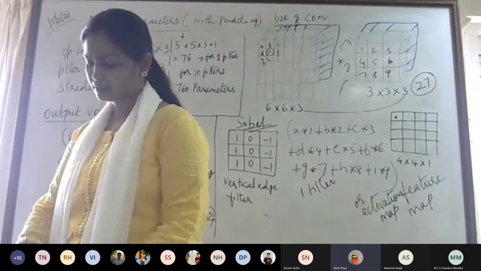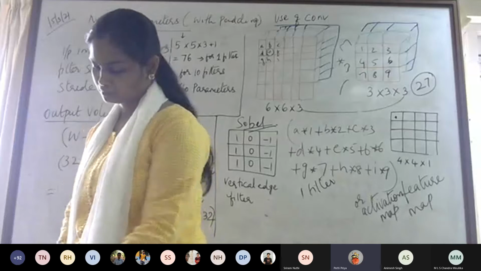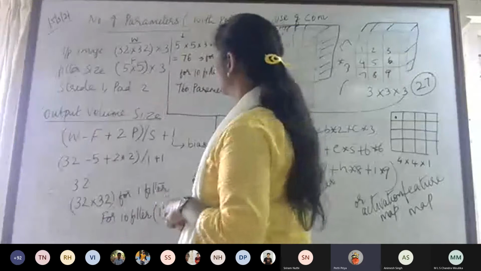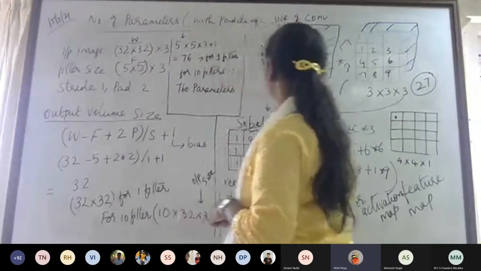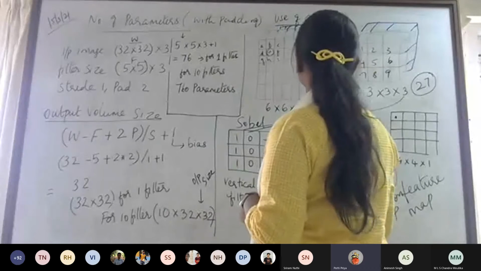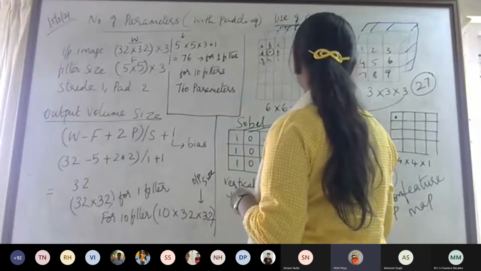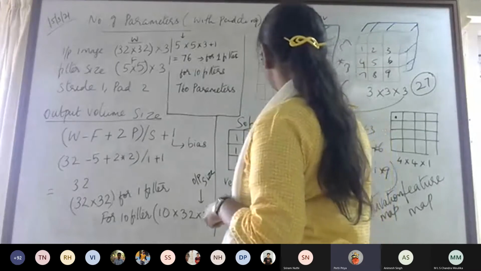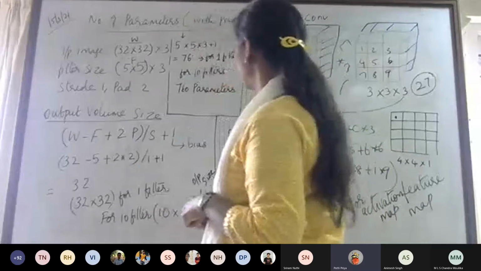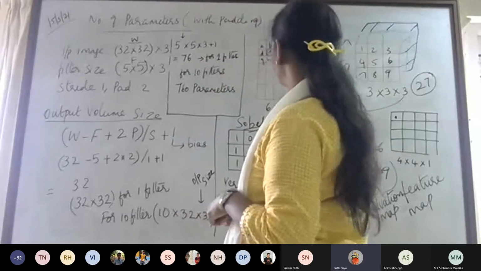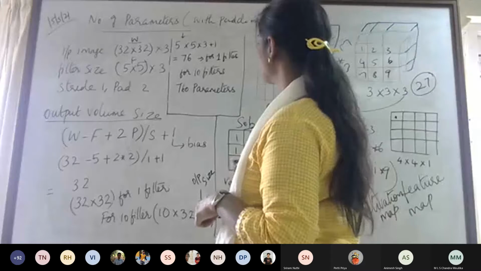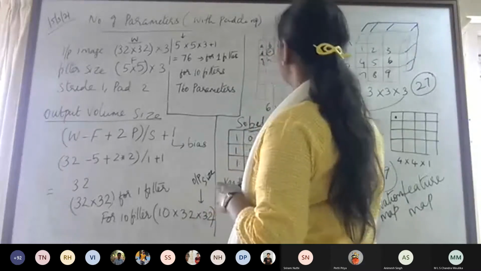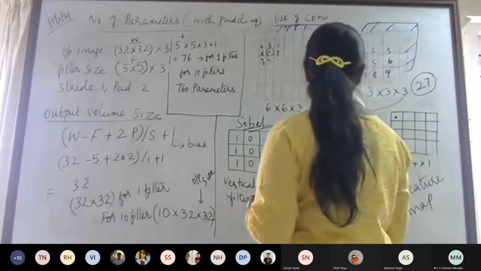Ma'am, bias means like what, ma'am? We can put anything. Normal size is the formula plus 1. Bias can be anything, no ma'am. That depends on the formula. When bias is not given, we will be adding it or not. I got your point. Actually, this is having images of even size. Okay, I will check this and let you know.